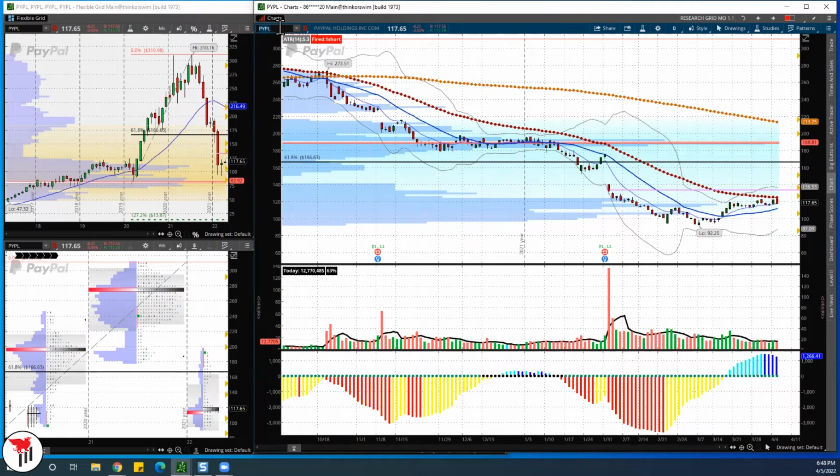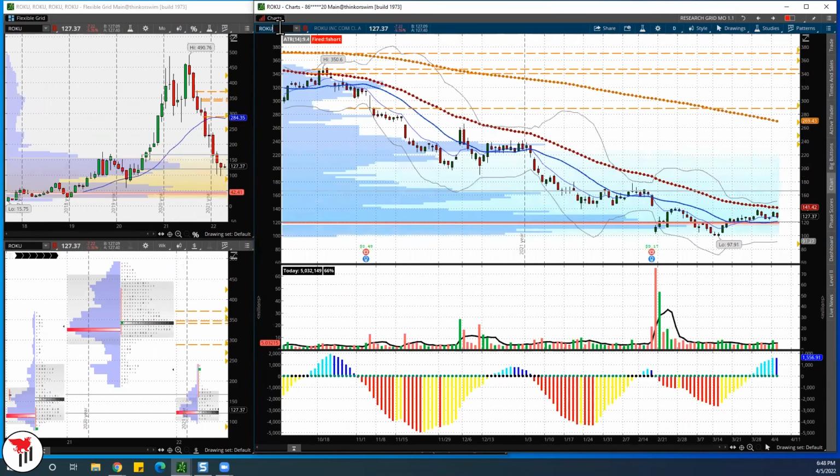Okay. So Roku, yes, I like Roku as a watch because of the location. Again, look at the 150 on the monthly chart, right? This is not a buy setup. This is not a monthly buy setup. Why? Because you're in a downtrend. So all we try to find is, where is supply? Where is support? I'm sorry, where's demand for the stock? So probably demand, now we know it's at 99 bucks, 100. So we're like 30% too late for that one.